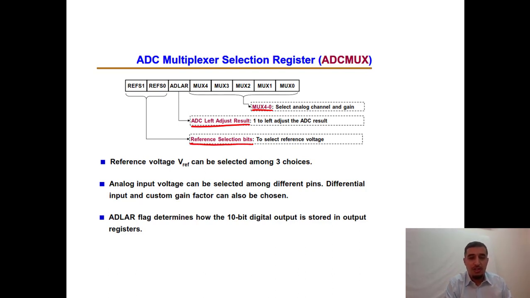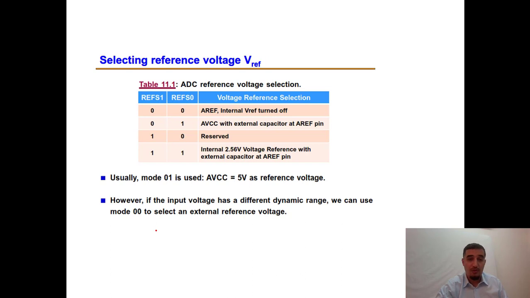For the reference voltage, we have 3 different choices. The analog input voltage can be selected from different pins, and the differential input can apply a gain factor. The ADC left adjust bit will be either 0 or 1 to show how we are going to adjust the bits. So first of all, let's talk about the reference voltage,